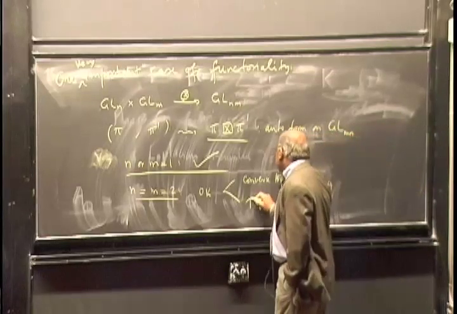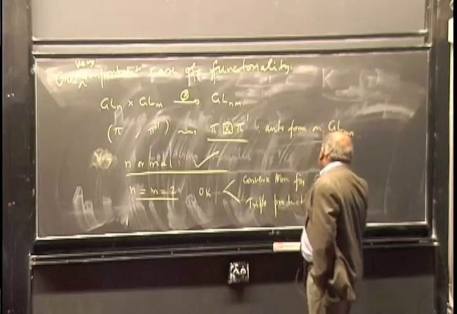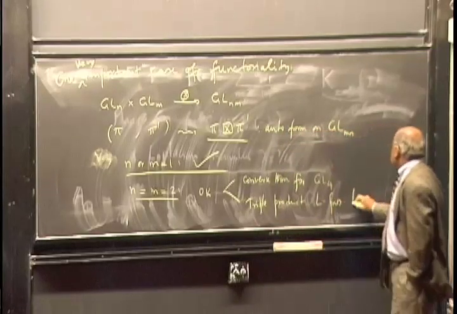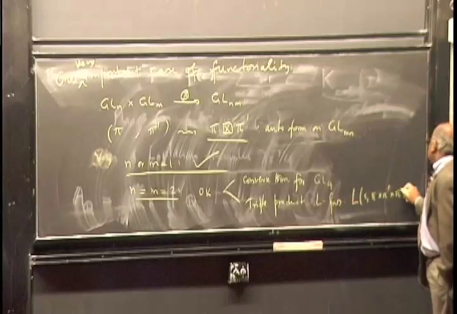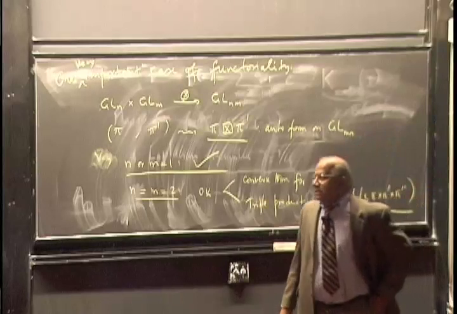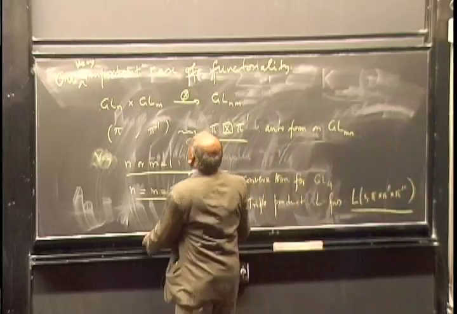But the second thing is using the triple product L functions. And I had to use some trick because even today, the triple product L functions related to pi cross pi prime cross pi double prime is simply not fully understood, actually. So you have to use some tricks to do this. And then the next case,